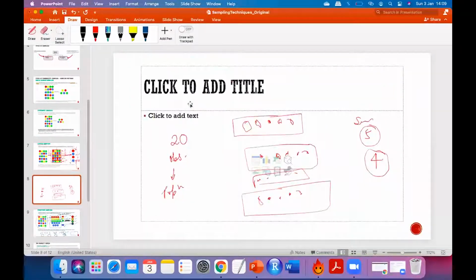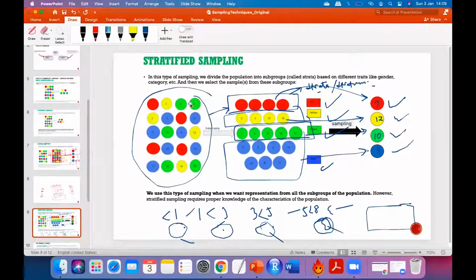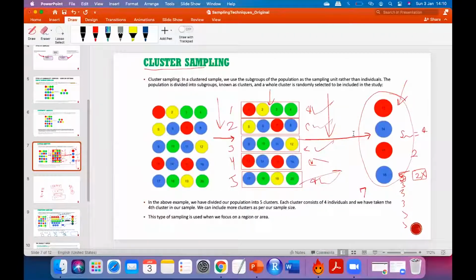And here in cluster sampling, we just make subgroups or clusters so that one cluster has maximum representation of the variable. Here it is homogeneous: one strata is homogeneous within itself. There one cluster is heterogeneous. Here I can ensure that I'll have representation from all subgroups or all strata. Can we ensure that there? No, we cannot ensure it there. If you see here, by chance we got only two colors. The rest, green and yellow, are not there.